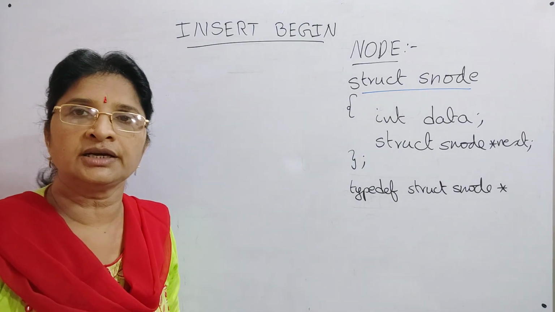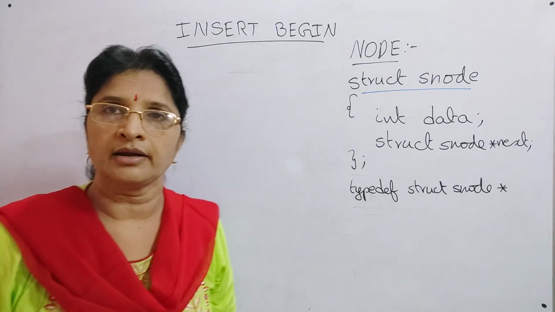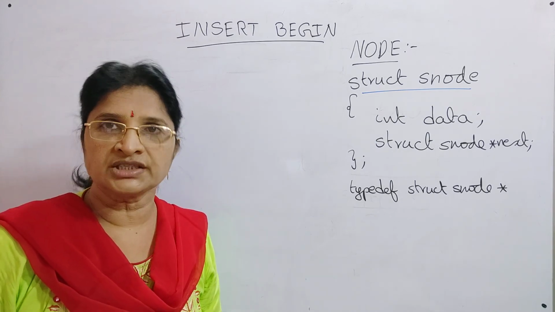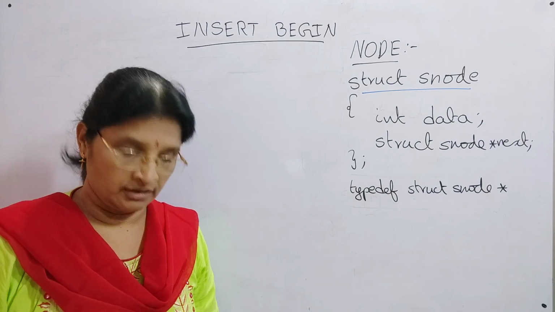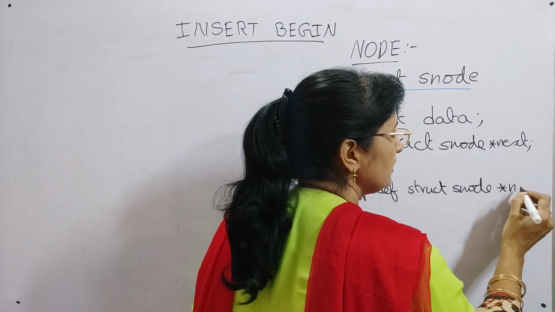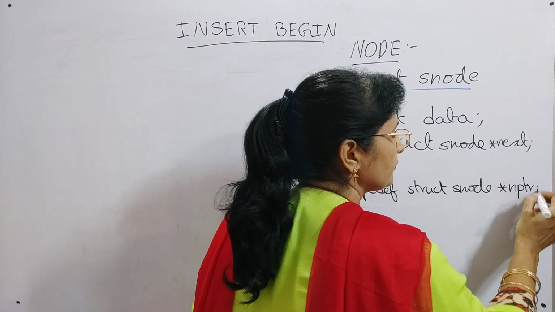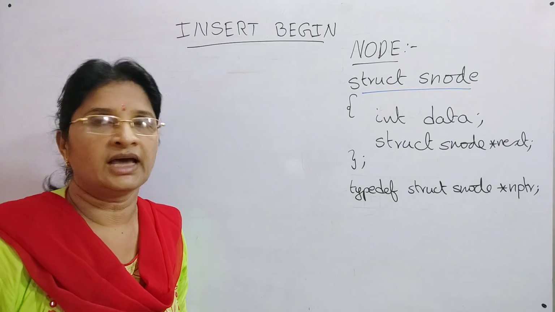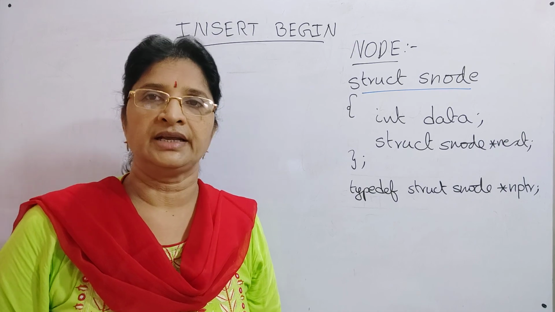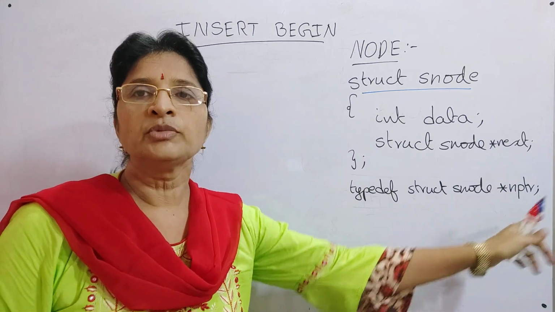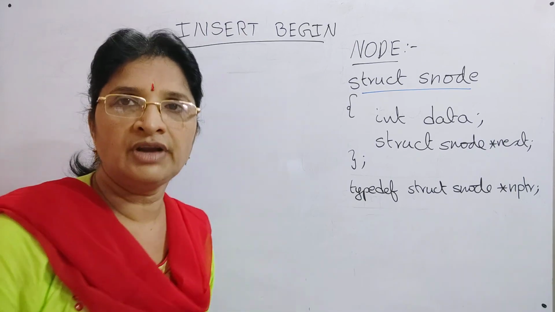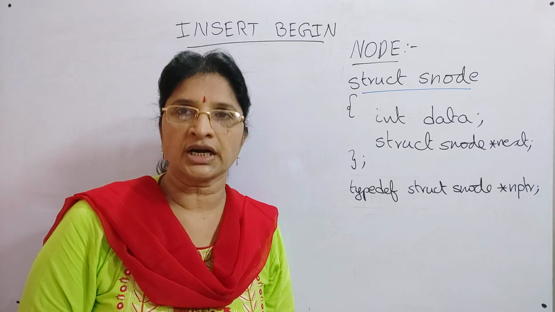Linked lists are what we call dynamic linear data structures, so generally linked lists are referred to with pointers. So struct s node, and here I am giving the name as nptr. For struct node asterisk, you are giving a new name, that is nptr. Instead of using a long name, you are using a short name. You can use this nptr at each and every location wherever you want to use struct node asterisk.